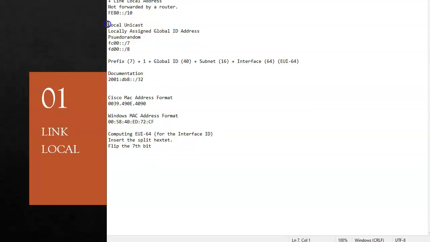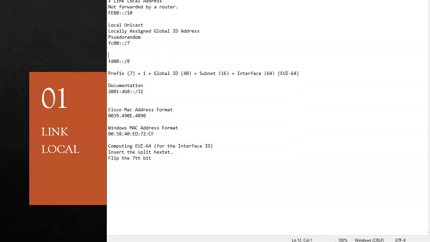Okay, so these are called local unicast, locally assigned unique addresses, and I use a pseudo-random process. Now, what the standard says is that I'm going to utilize my first 7 bits, and it's going to be FC00.